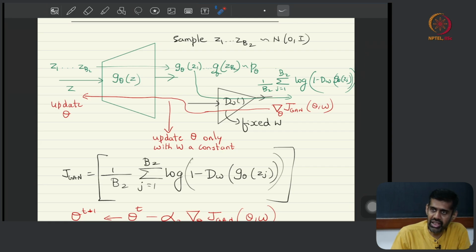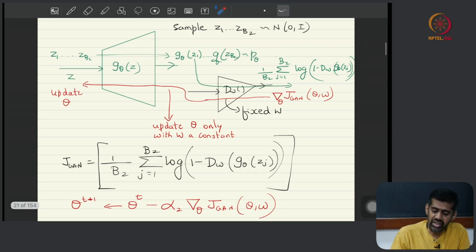That is how you do it. So, while you are updating the G theta network, you make the gradients of the DW network not updatable. You just make it a constant and then pass the gradients all the way from the output of the discriminator network to the generator network, and then do one